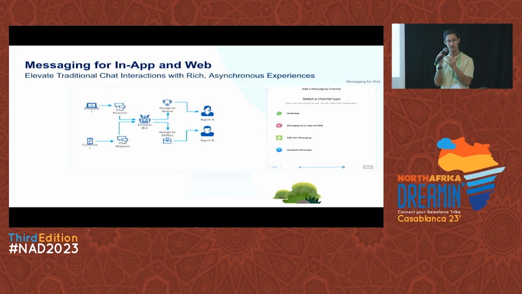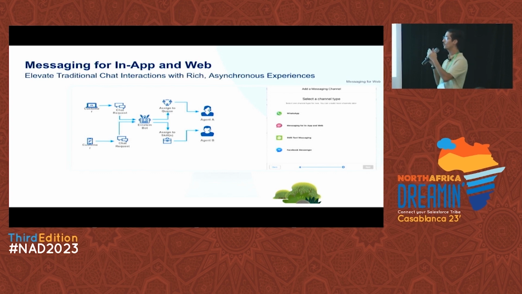Now, within the bot, I have different dialogues where I can decide I need to do this, or I need to do that, I need to ask a question, or I need to give a menu, or I have an intent where I provide utterances and then I provide responses. And at the end, up to the last answer, you decide either you complete the session or you route to